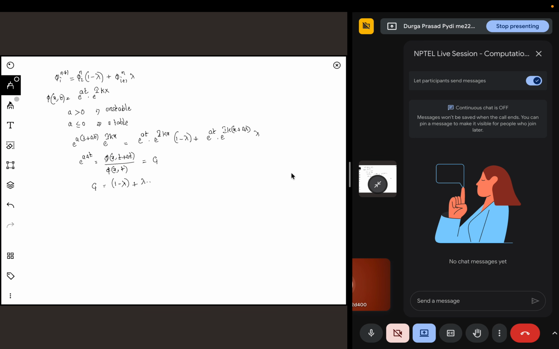And then we have e power ik delta x. So what we try to understand now is whether the magnitude of this quantity g is greater than 1 or less than 1. So e power ik delta x is basically cos k delta x plus i sin k delta x. The modulus of this will always be less than or equal to 1. And then we have 1 minus lambda plus lambda times something that is less than or equal to 1. So how do we evaluate that? We can do the math rigorously, or